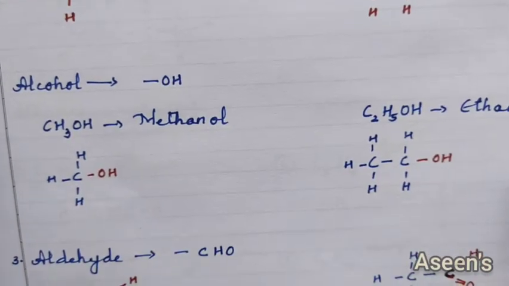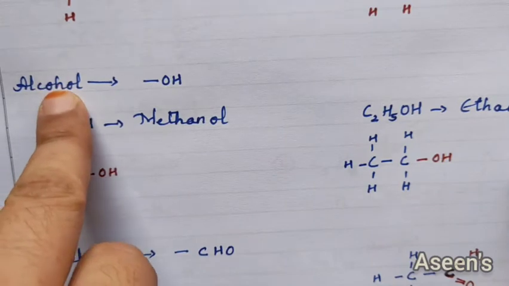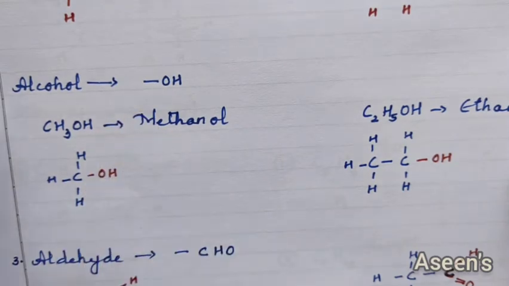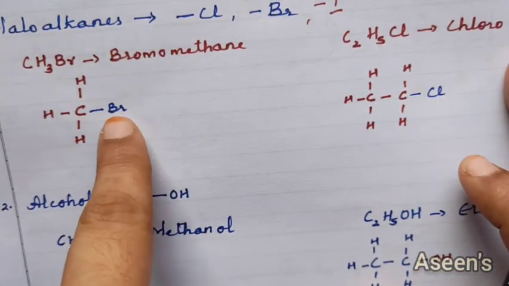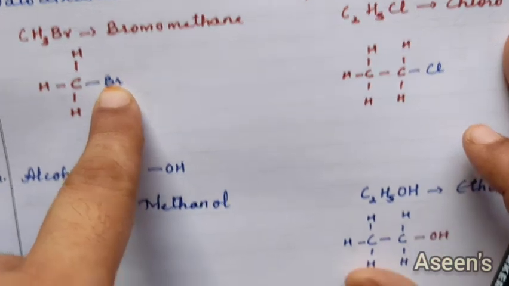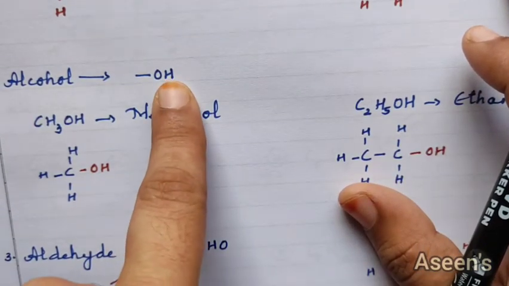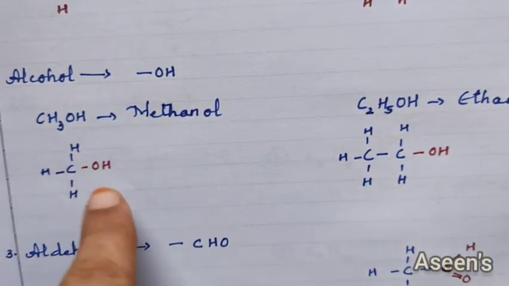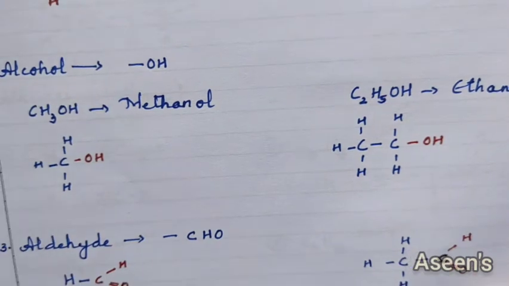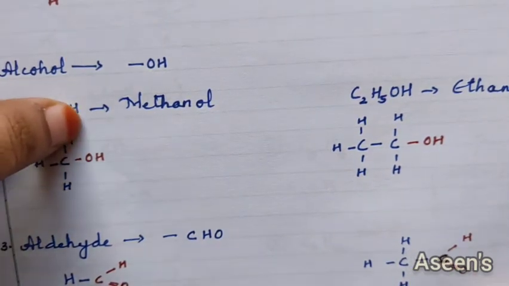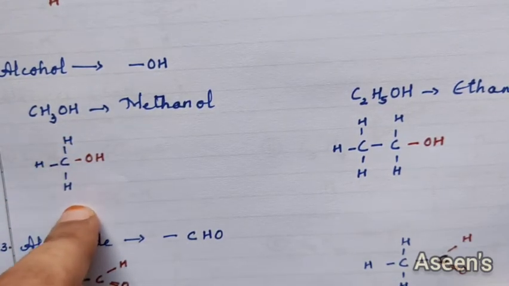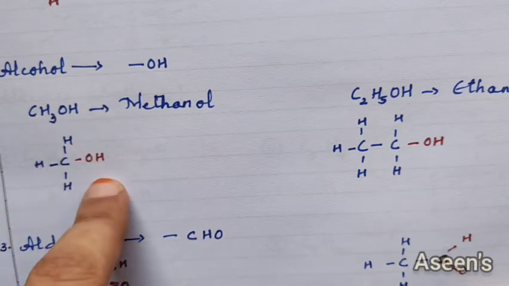Next we are going to see alcohol. The group of atoms for alcohol is OH. As you can see, in case of haloalkanes, one hydrogen was replaced by bromine. Here one hydrogen will be replaced by OH. Here again I have taken two examples, the first two members. The first member is with one carbon atom. CH3OH, same thing as you can see here in the structural formula, three hydrogen atoms, and one is replaced by OH, that is your alcoholic group.